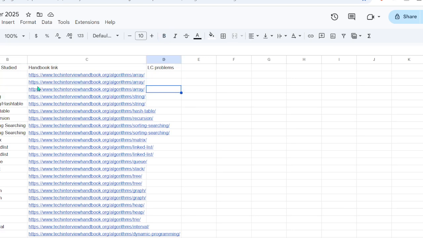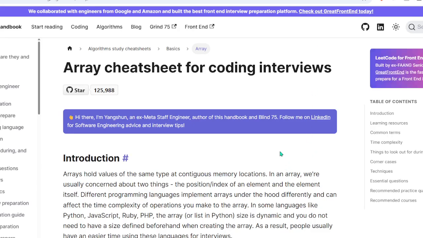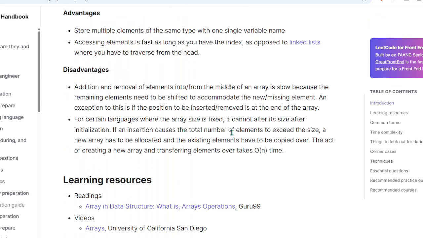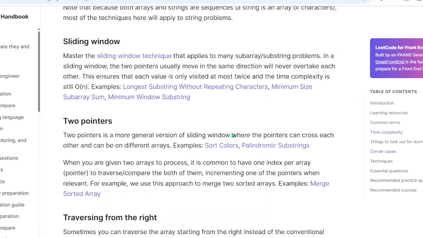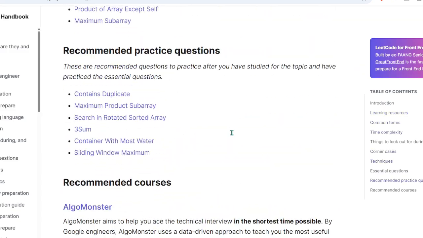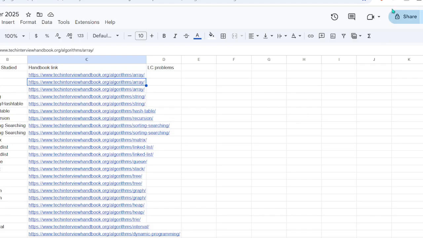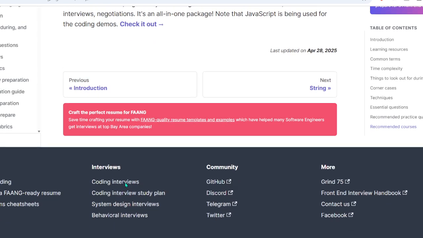So for now, we're gonna start with the first link here, which is basically array algorithms, and we're just gonna read through it. We're gonna look at things related to arrays, and we're gonna try to solve some problems. So I allotted 2 days to study arrays. Hopefully I'll get through half of it, maybe a little less than half of it.